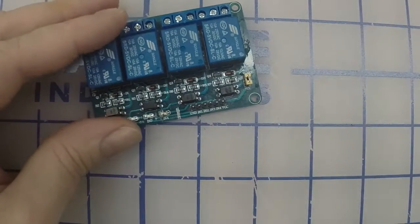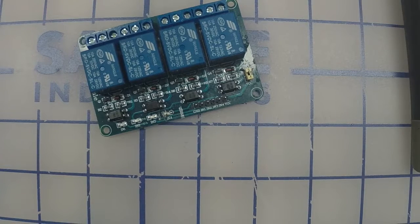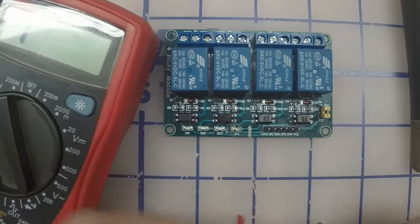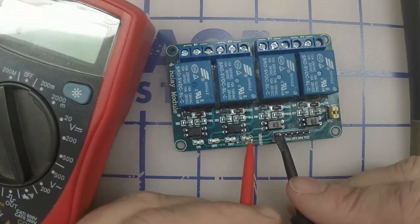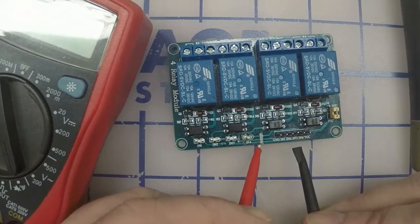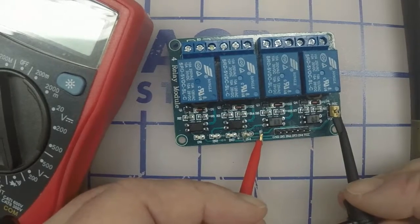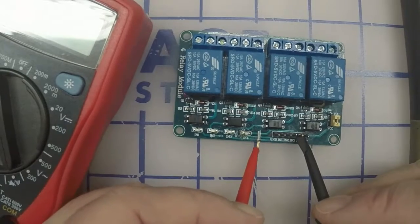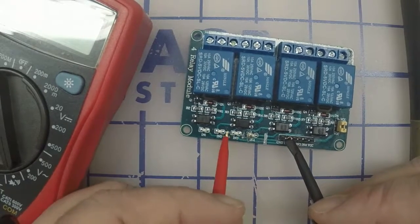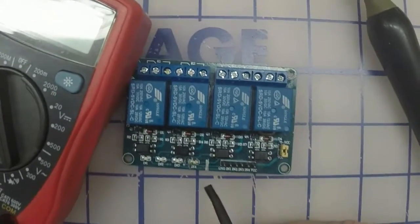There we go. Now you can test this if you've got an ohm meter or a diode tester, either way. Let's see. I've forgotten when I did this last, which was which. Hang on a second. Okay. To make sure the traces are cut,